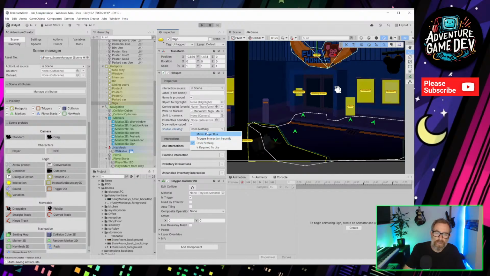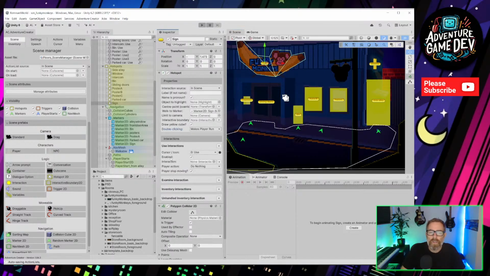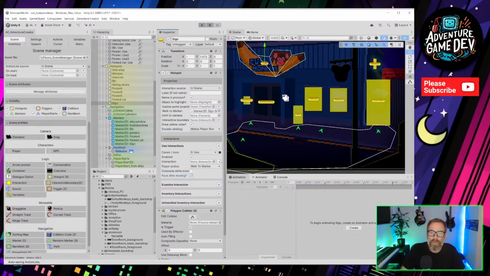I haven't actually set it up so that the character can run, but I should leave them as make player run. It's quite annoying in point and click games when you've got a long distance to walk and sometimes you just want to get through the door, so double clicking would speed up the player basically. I haven't done any run animations. I don't intend on doing a run animation really, but you can still make the character walk faster, so I should probably leave them. I always set them out of habit. Right, walk to marker, face after moving.